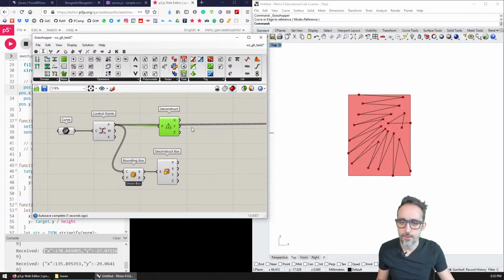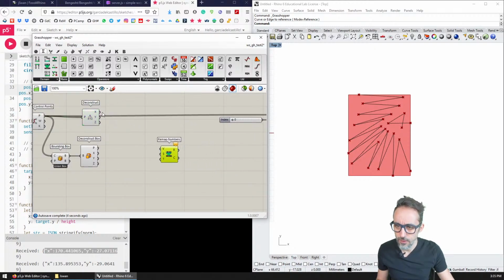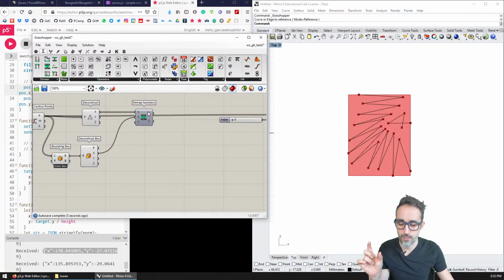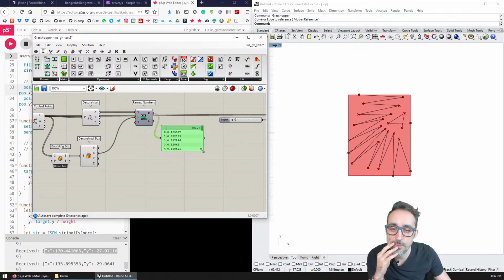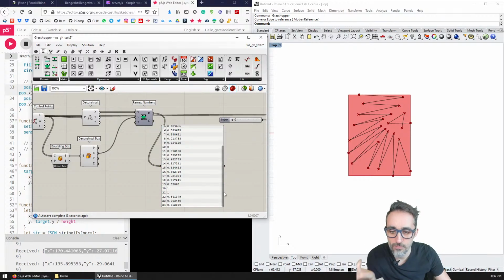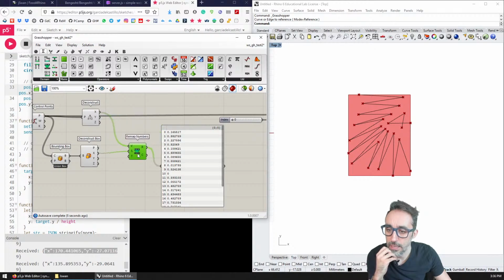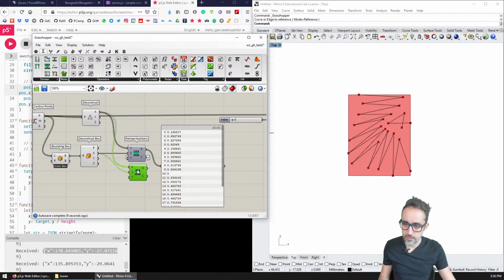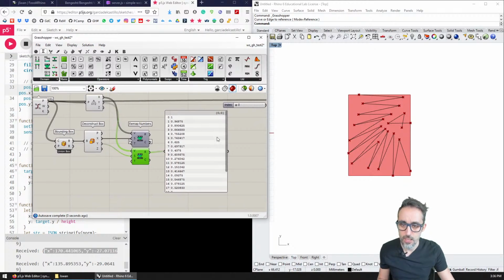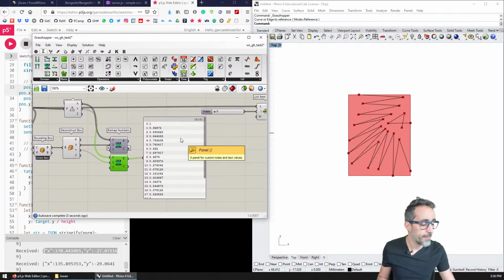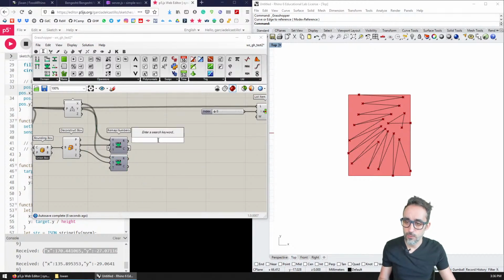Okay, and now I'm going to take all the X coordinates. All right, and then for the X coordinates, the source domain is going to be the one that is given by the bounding box, and the target domain is going to be 0 to 1. And therefore, I get a nice list of all the X coordinates remapped to 0 and 1. That I find clean and elegant. And then we're going to do the same with Y, and then we also get a set of 0 to 1s, and then we can reconstruct